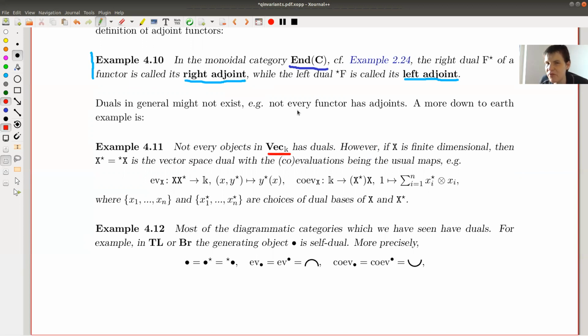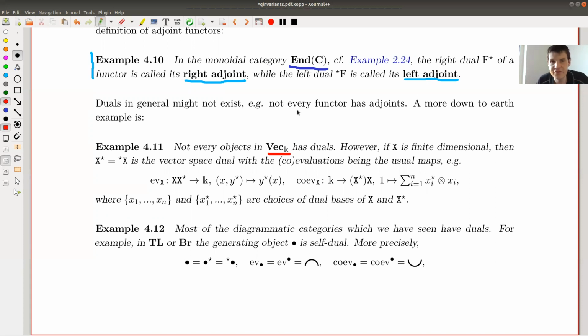But not really, every object has a dual. And you should know this from linear algebra, right? When you remember your first, second, whatever class on linear algebra, you might recall that duality is a very powerful concept in vector spaces, but it usually always fails for infinite dimensional vector spaces. Actually,